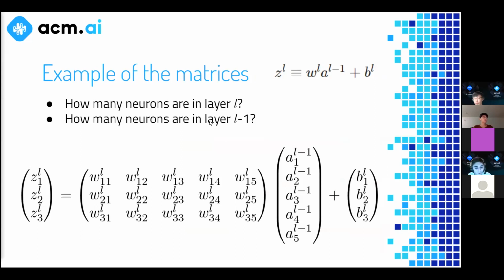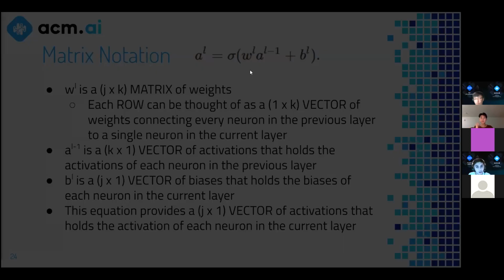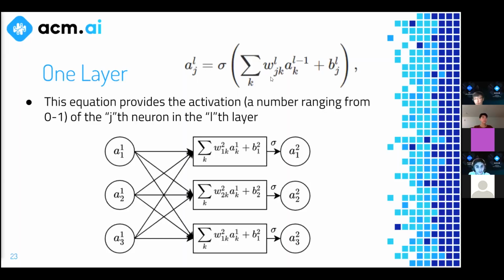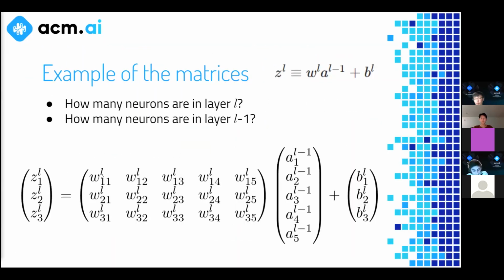Okay. Now, this is a very important slide because it is going to make it clear why this actually works, right? I'm sure you guys are familiar with the way matrix multiplication works. We're going to go over that a little bit here if you're rusty. But if you're familiar with it, it will become very elegantly clear in a second how we can use this formula right here to do all of this for all the neurons at once, right? So if we go back to this,